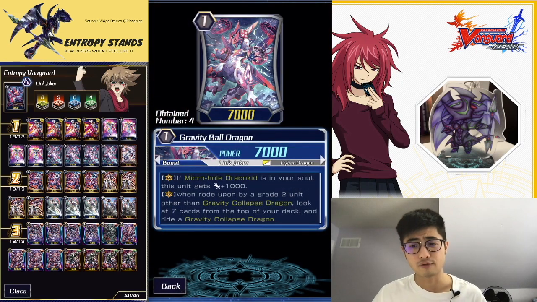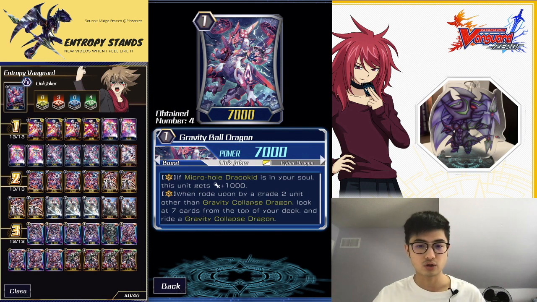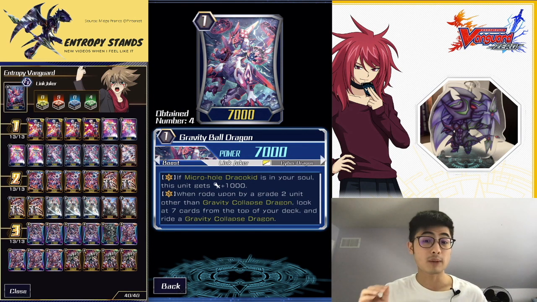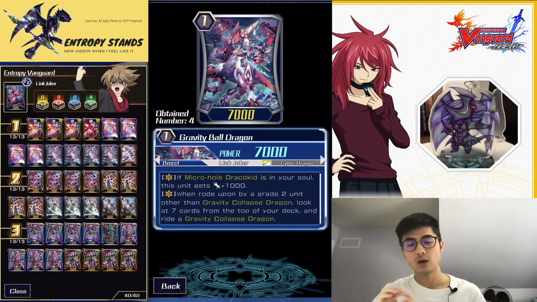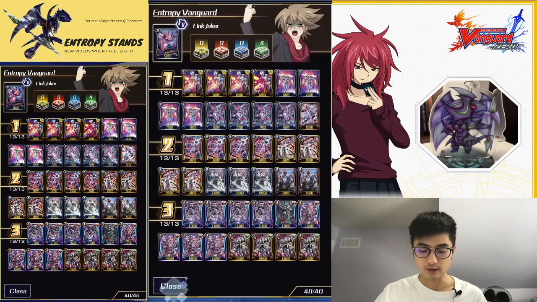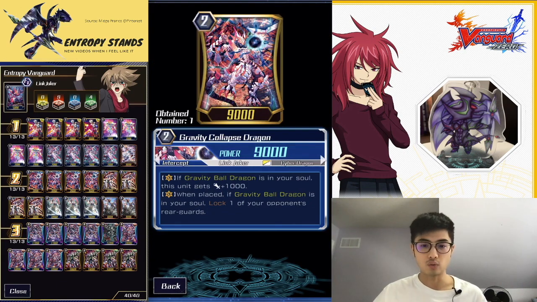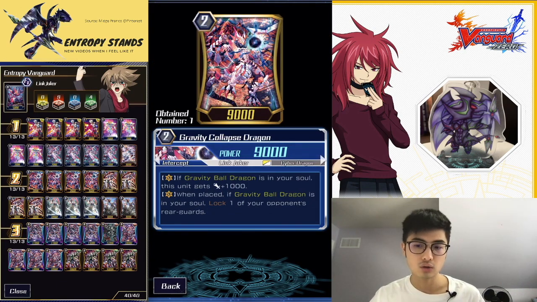Obviously, we're going to play 4 Gravity Ball Dragons. A Gravity Ball Dragon's skill is, if you have the grade 0 in your soul, +1. And in addition, if you miss the ride chain, you get to check top 7 and fix it. And this is really huge because we will go into how important that grade 2 is right now. The grade 2 skill, again, SP, gotta flex, is if you have the grade 1, +1. And in addition, Vanguard Circle, when placed, if you have the grade 1 in your soul, lock 1 of your